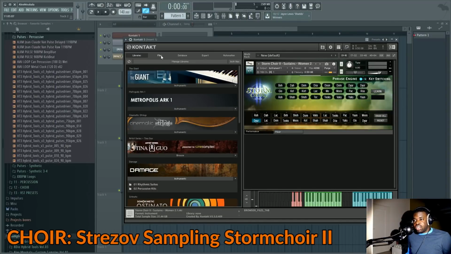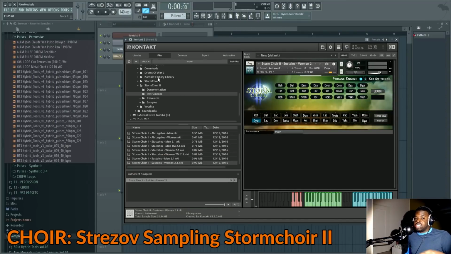The choir there is entirely StormChoir 2. The percussion was Damage. That's a good example for Damage actually. So that's what I use for